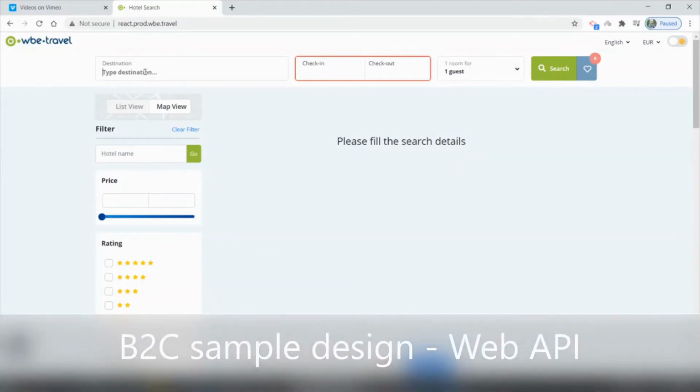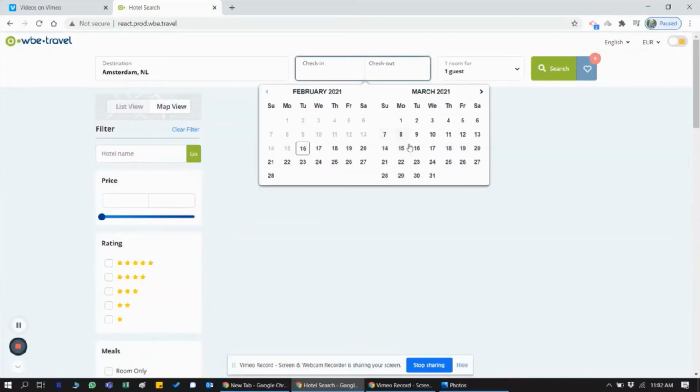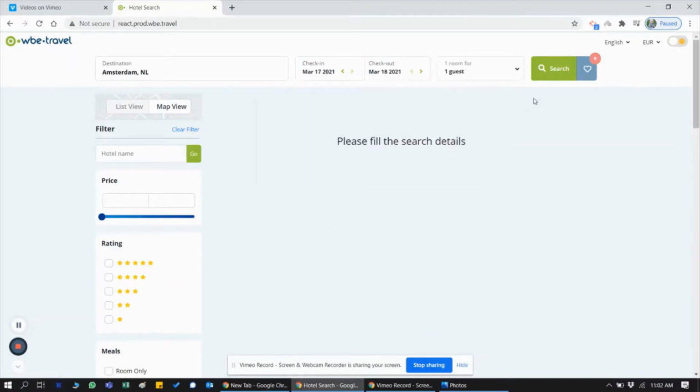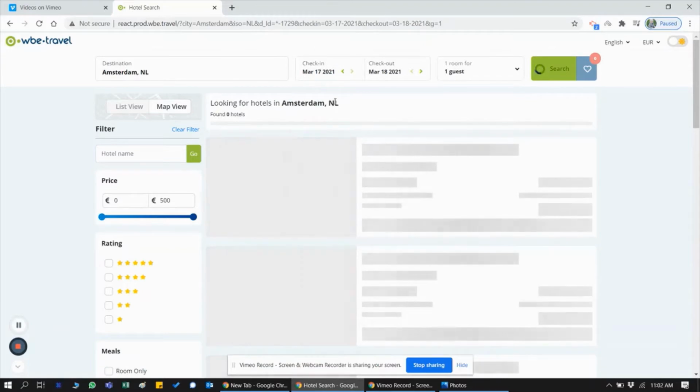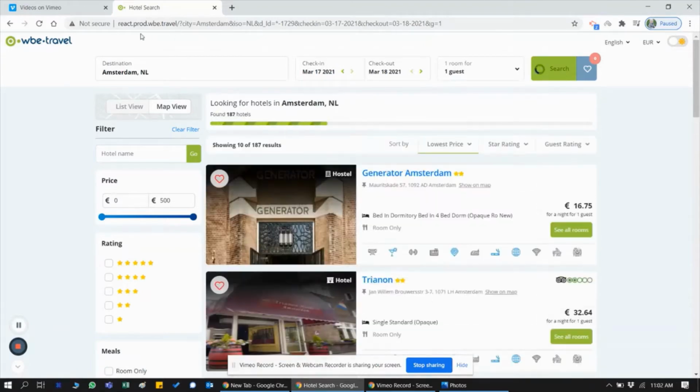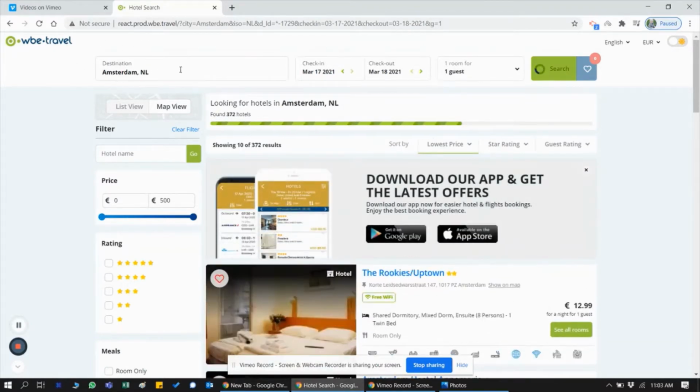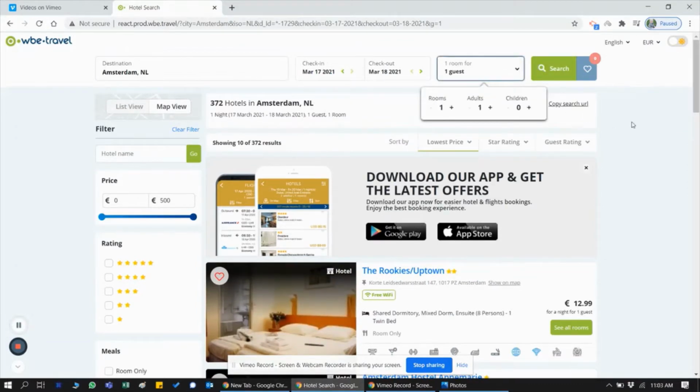Now I want to show you the B2C platform. By default, this is an interface that we have built ourselves, but you can build any interface you want. So this is just a way of us displaying what is available in our B2C web services. From the way the results are showing in the box, to the calendar, to the way you display the guests,